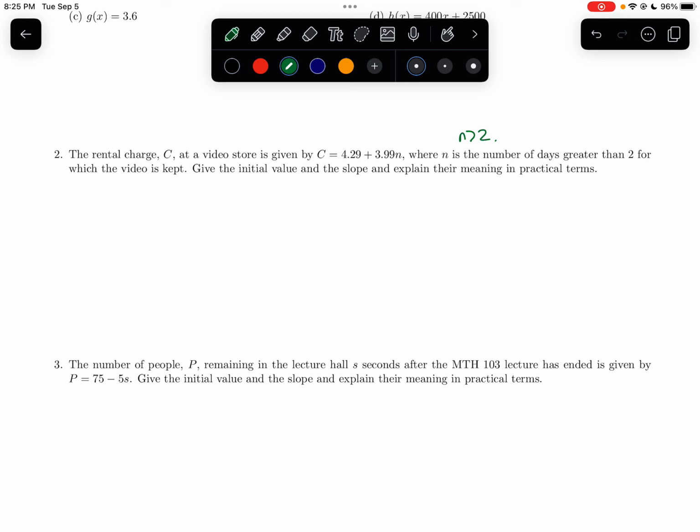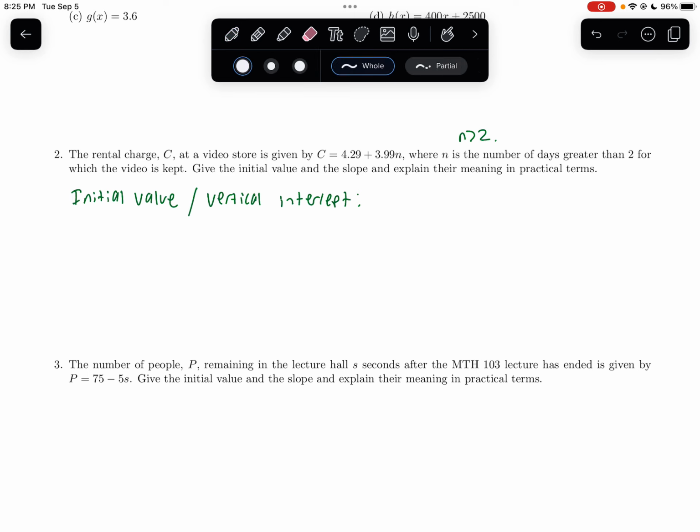And the initial value, or this would be the y-intercept as well, or the vertical intercept, would be the value that the function takes when n is 0, right? So we're looking at the initial value. It's not quite actually the vertical intercept because we're specifying that n has to be greater than 2. So I'll maybe cross that out, but